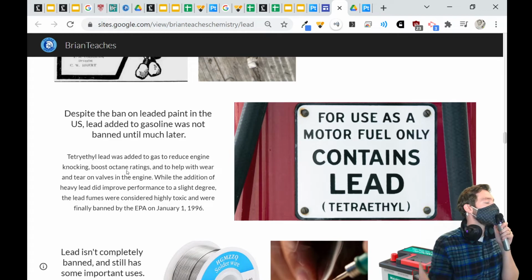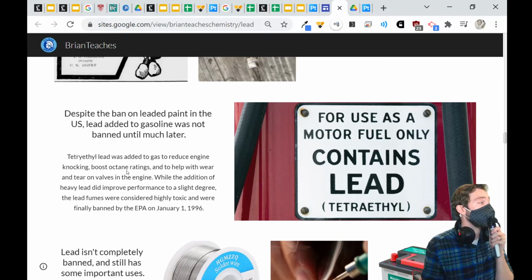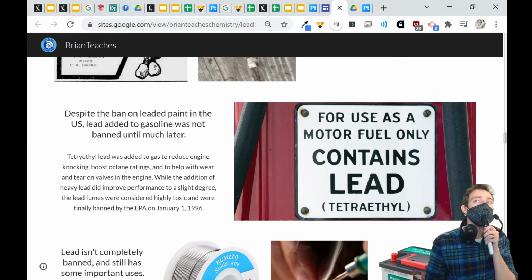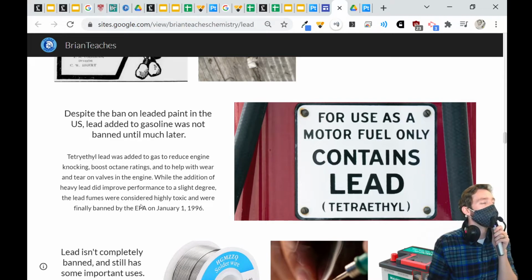It just improved engine performance, and it did slightly, but then it released a bunch of lead vapors, and if you breathe lead in, not good. So the Environmental Protection Agency finally said, hey guys, we can't do this anymore. In '96, it's banned. So it's been banned for about 25 years, so we don't have to deal with it as